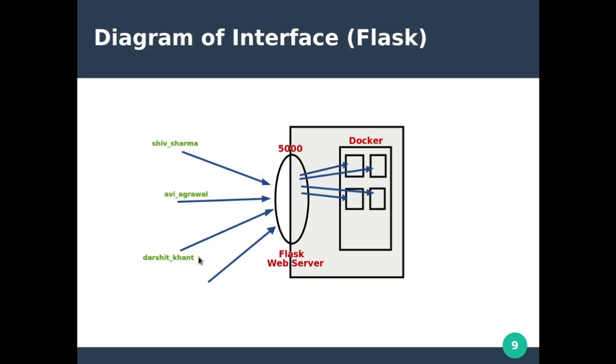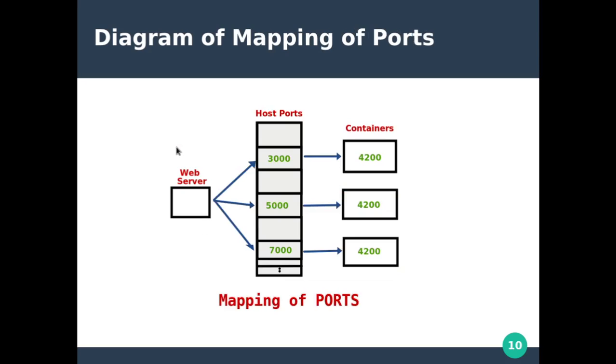Different users log in or request to the web server that is running on port 5000 on the host machine. And in the host machine there are multiple Docker containers that are running simultaneously to provide the interface for the user. The host ports are then mapped to different container ports. The Shell in a Box service is running in the container itself on port 4200. So whenever a user asks for a terminal session, the Flask server maps the open port available on the host to port 4200 in a newly created container.